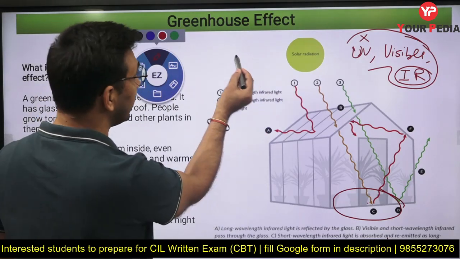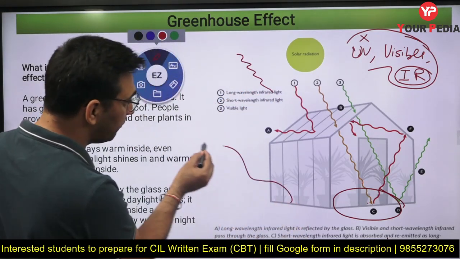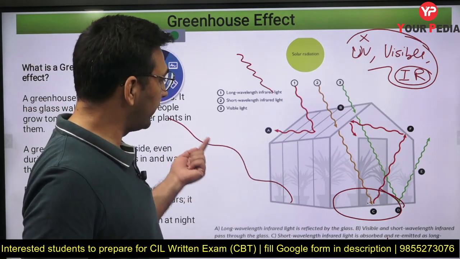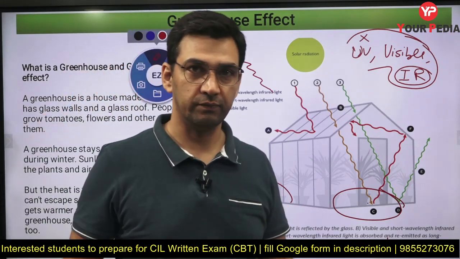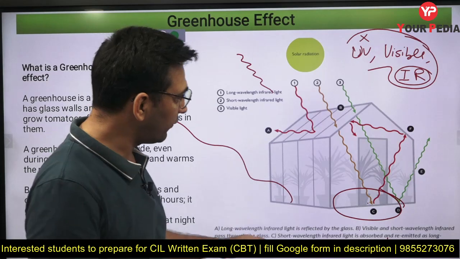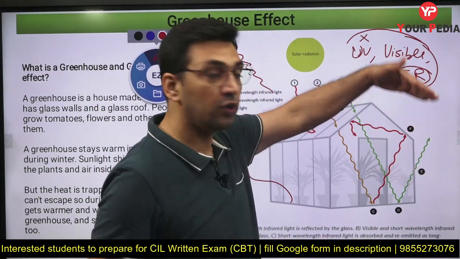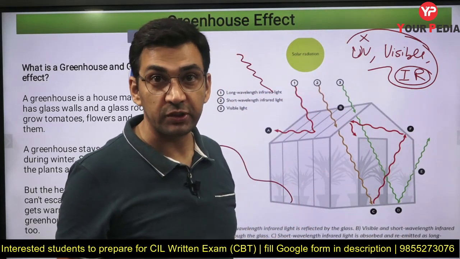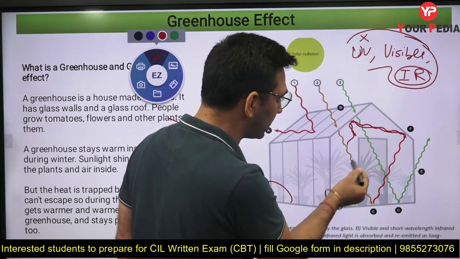So earlier you were getting shorter wavelength radiation, but the surface of the earth is basically generating infrared radiation of longer wavelength, and these longer wavelength radiations carry low energy. So when they are emitted from the surface of the earth, this glass window will block them. It will not allow them to go out, because they don't carry that much energy. So if they block it, then obviously it will reflect it back inside.